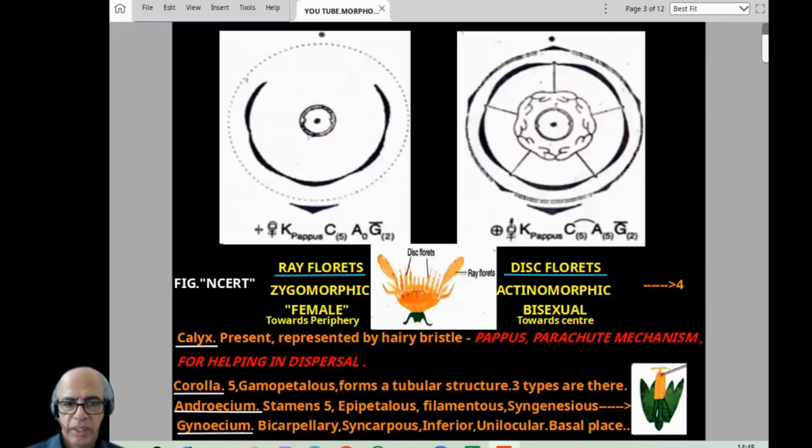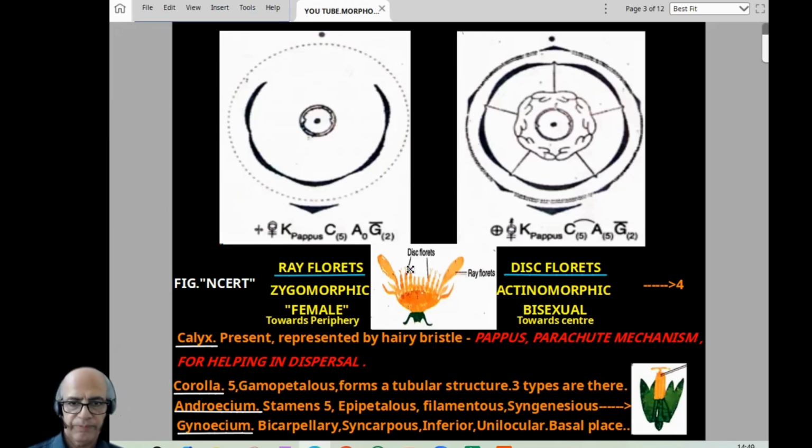This is the famous floral diagram and floral formula. So 2 types of florets can be seen. One is the ray floret, everything is written there. This is a disc floret. It is connected with NCERT photographs, not in the present NCERT but the previous edition. So ray florets versus disc florets is the usual difference question. The ray floret is zygomorphic, you can say so due to this gap. And in ray florets normally the androecium is 0. So androecium 0 means it is female. And ray florets will be towards the periphery. The diagram you can find here, this is ray florets, and the central